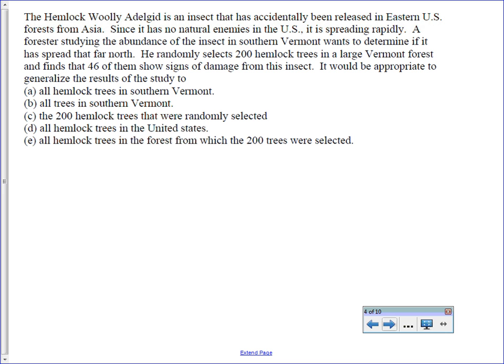All right, let's do some multiple choice. The hemlock woolly adelgid is an insect that has accidentally been released in the U.S. forest from Asia. Since it has no natural enemies in the U.S., it is spreading rapidly. A forester studying the abundance of insects in southern Vermont wants to determine if it has spread that far north. He randomly selects 200 hemlock trees in a large Vermont forest and finds that 46 of them show damage from the insect. All right, so it would be appropriate to generalize the results of the experiments to